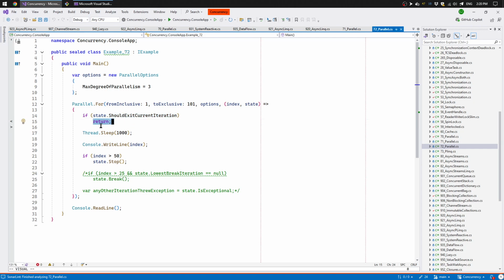and if it is true, then I'm not doing anything. And later, if index is more than 50, then I call a method stop. This method stop on the state will set should exit current iteration to true for all the other new operations. So if, for example, this for runs concurrently first, second, and 50th operation, because it's concurrent, it might run 50th just on like the third operation. Then I'll have it as stop, and third, fourth, 51st, 55th, all the other operations will not execute at all,